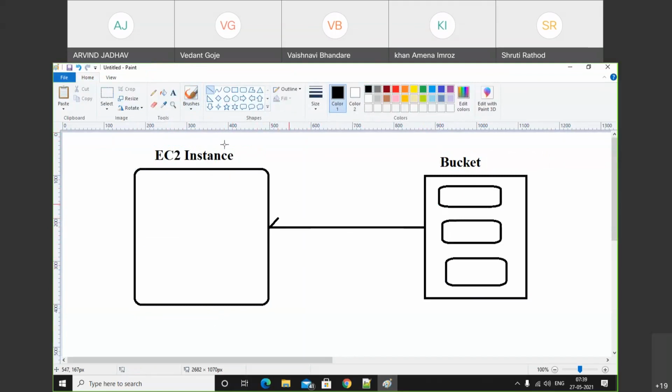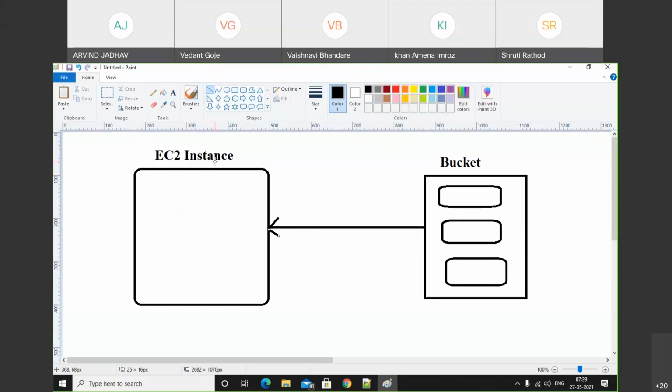That means we are able to list out the buckets, that is, how many buckets are available in S3. This operation we can perform from EC2. Also we can create the bucket from the EC2 instance, remove the bucket from the EC2 instance, and list out the bucket information from the EC2 instance. In this section we have two ways available, by using which we can access the data from the bucket in the EC2 instance.